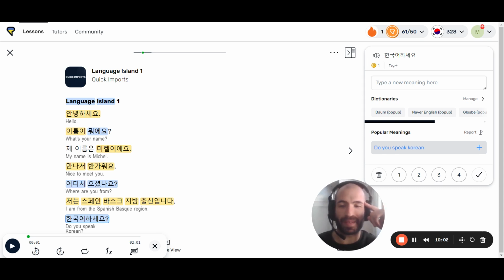It's not that much in terms of audio files. It's probably less than a couple hours, and you can listen to those over and over and over again. And with 1,000 sentences well memorized and practiced, you can do really well in basically any situation when you're traveling. And you can also recycle your language islands,